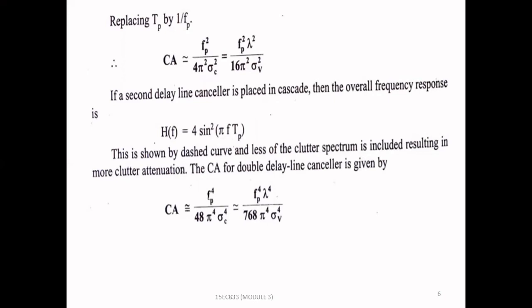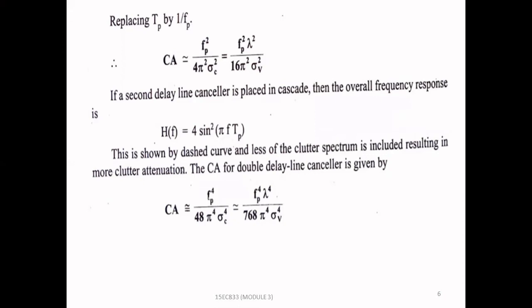If a second delay line canceller is placed in cascade, then the overall frequency response is H(f) equal to 4 sine squared pi f Tp. This is shown by the dashed curve, and less of the clutter spectrum is included, resulting in more clutter attenuation. The clutter attenuation for the double delay line canceller is given by clutter attenuation approximately equal to fp to the power 4 divided by